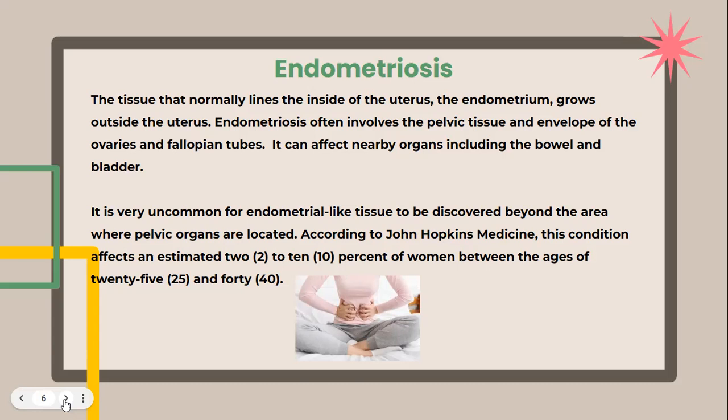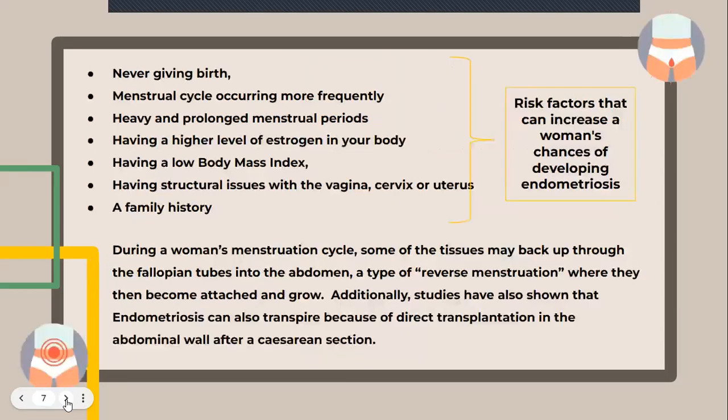According to Johns Hopkins Medicine, this condition affects an estimated 2 to 10% of women between the ages of 25 and 40. Women with endometriosis develop tissue that looks and acts like endometrial-like tissue. However, this tissue grows outside of the uterus instead of inside, and is found on other reproductive organs, either inside the pelvic or abdominal cavity. There are some possible explanations of what sparks the endometrial-like tissue to grow out of place, but the exact cause